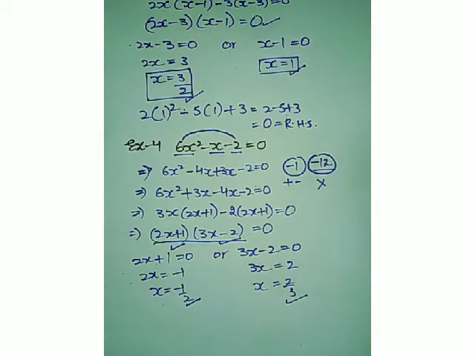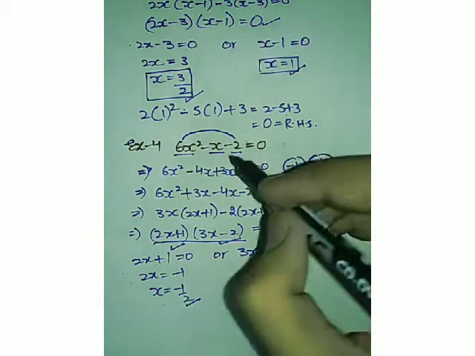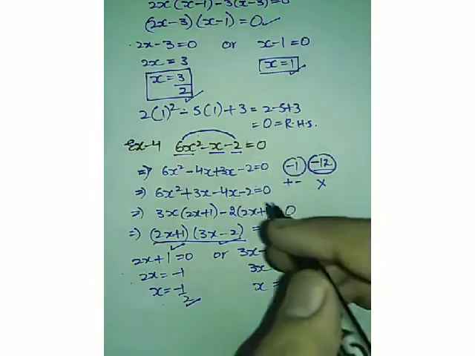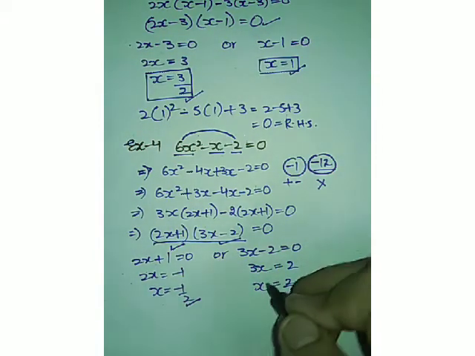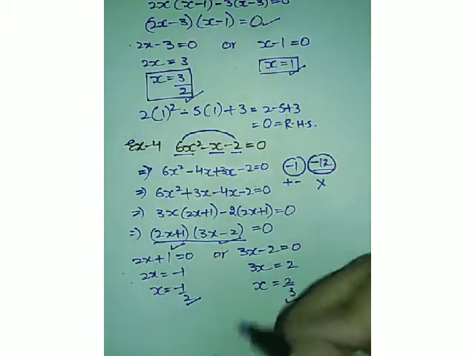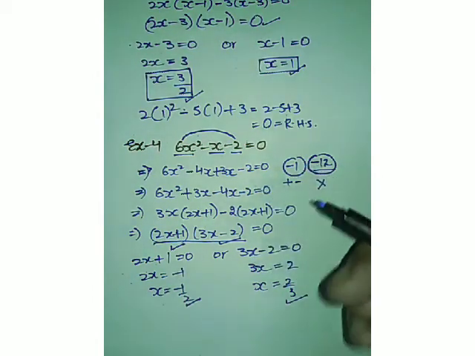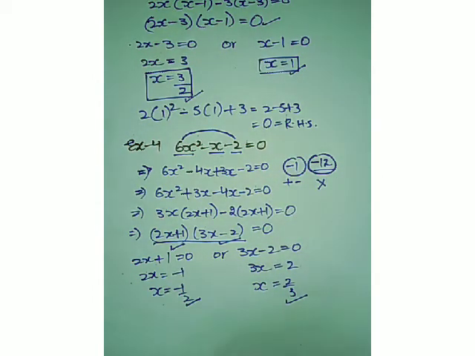Now in exam it can be asked that find the roots and verify that those are roots or not. In that case, just take the roots that you have found and substitute them in the given equation, and then you will see if you are getting 0 on the other side. If you are getting 0, then yes, your answer is correct and those two are the actual roots. But if your answer is coming out to be other than 0, then you have to check your sum again. All right.